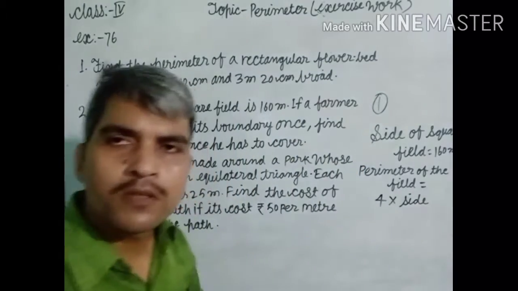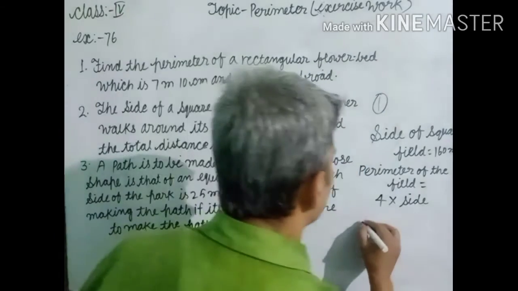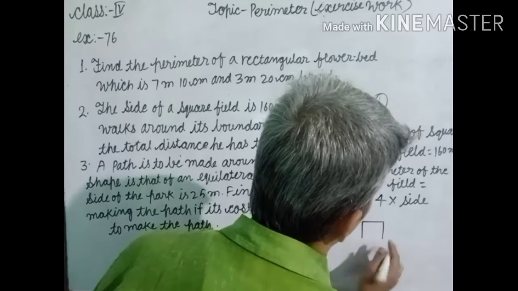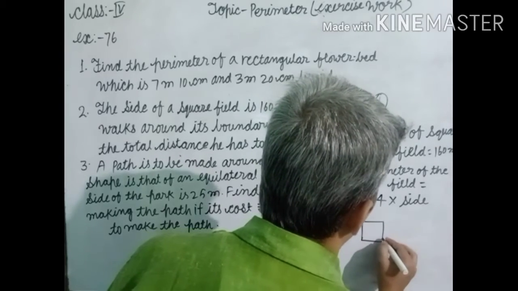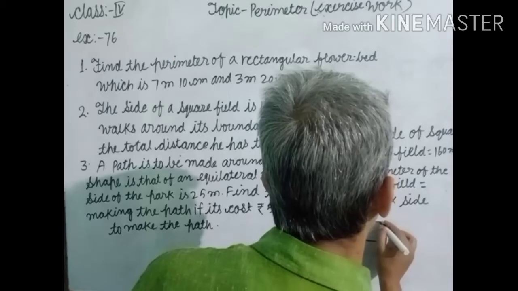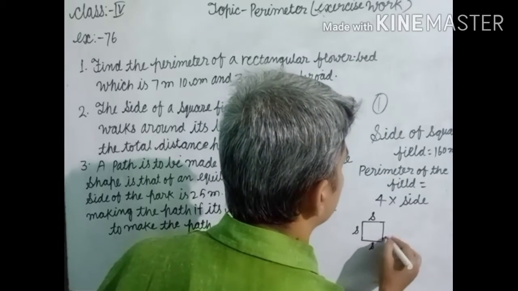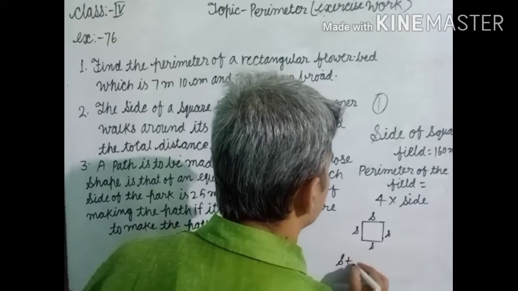How to find out such type of formula? You know that all sides of a square are equal. So dear students, this is a side, this is a side, this is a side, and this is a side. If you add them, side plus